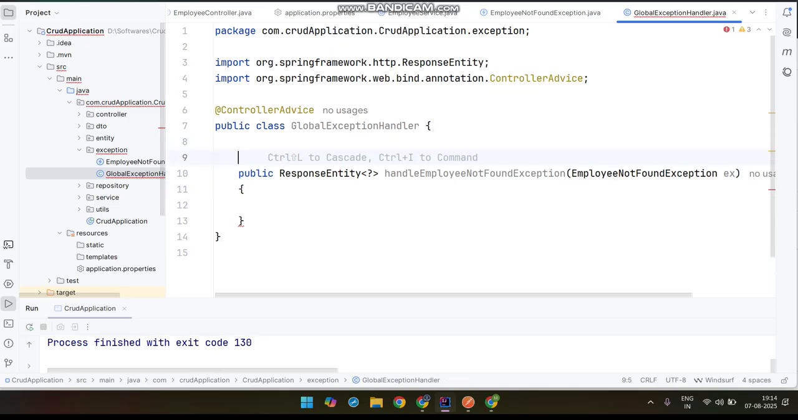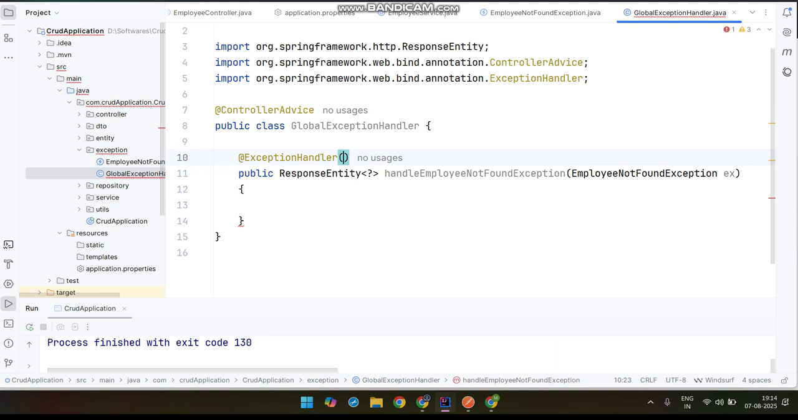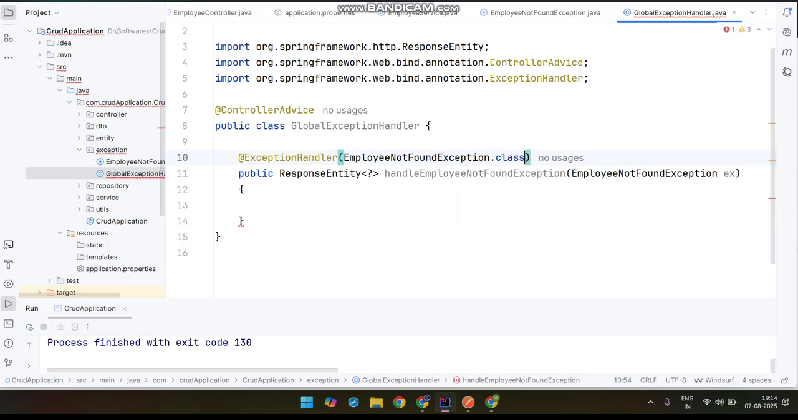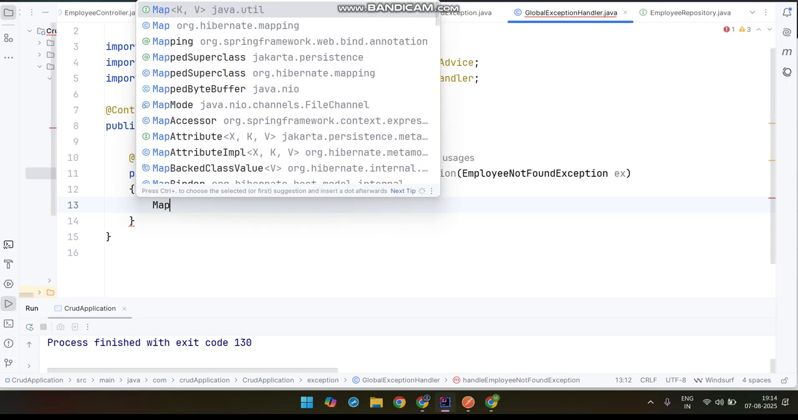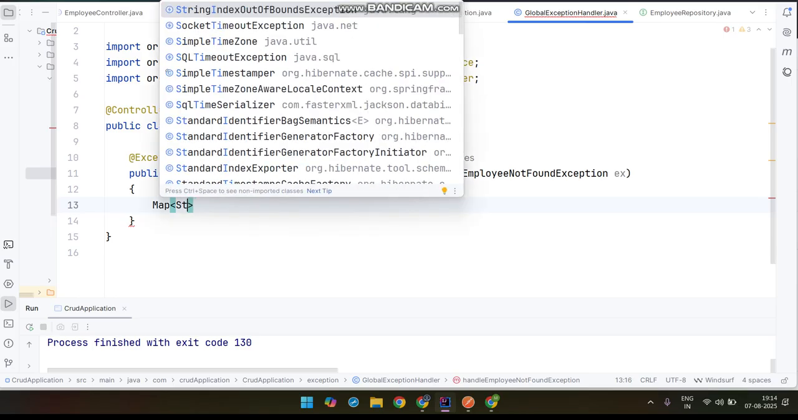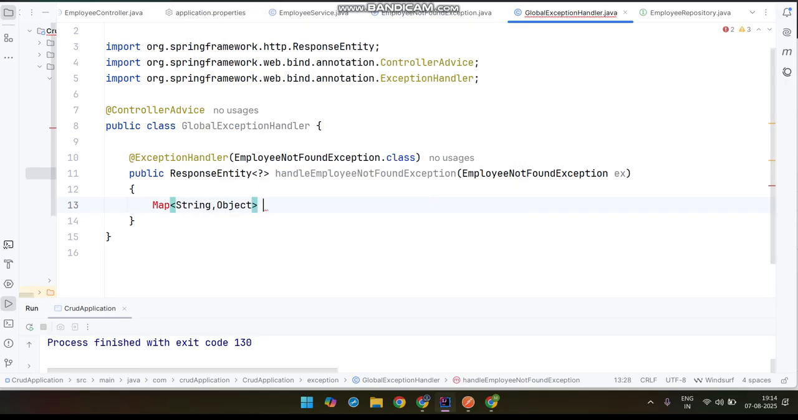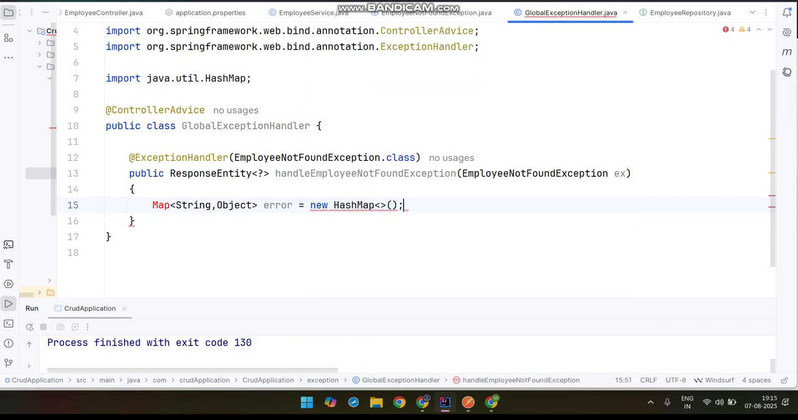And one more annotation is required here, @ExceptionHandler, and inside this we will be passing EmployeeNotFoundException.class. Okay, this thing is done. Now we will be creating one Map with String as a key and Object as a value, error, suppose I have given the name, new HashMap, then